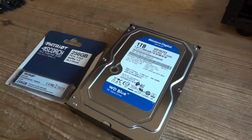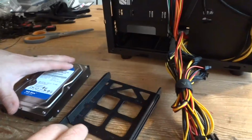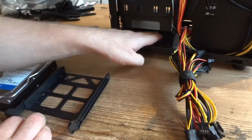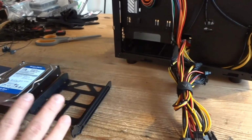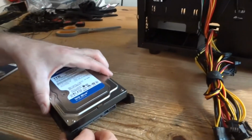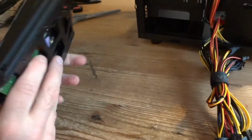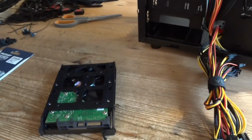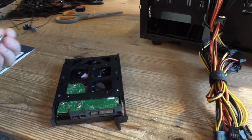Now we're gonna install the storage drives. So there's a caddy for the hard drive here. Usually all the hard drives are gonna be in this portion right in front of the power supply under the motherboard. In most cases you'll see some kind of attachment system for hard drives. So let me see, slide it in, snap it in place, and it's not gonna fall out, but I'm always using screws to secure it,